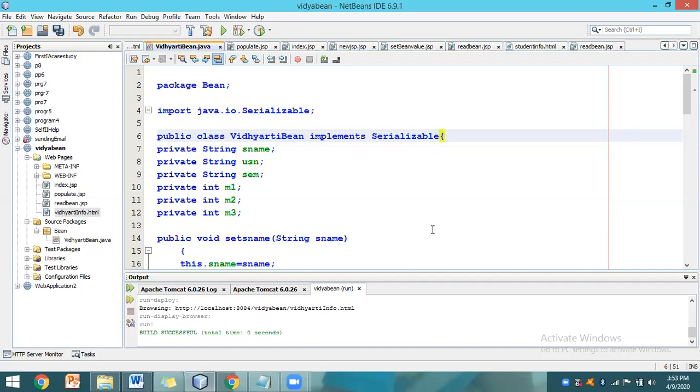Tomcat in turn forwards that request to the servlet container. That processes either a Java servlet or a JSP page. Those two are useful to handle the client request. After handling that request, the output is not stored anywhere in between. We are not storing it anywhere in the files or variables. Directly we push it onto the browser. In all these 7 programs we did, we did not store the value onto a variable for later access.